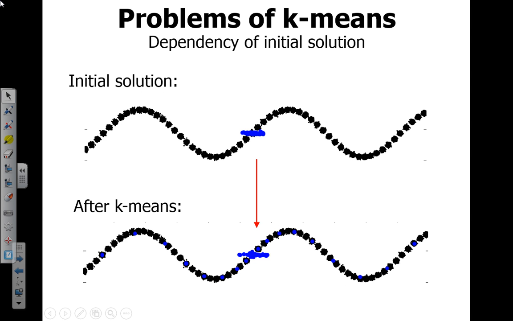Also, if we use some naive initialization technique, another alternative is to use random partitions. So this is an example of what will happen with random partitions and what will happen with K-means after that. This data set has quite many clusters and they are forming this kind of a sine curve in the data space. They are close to each other, but